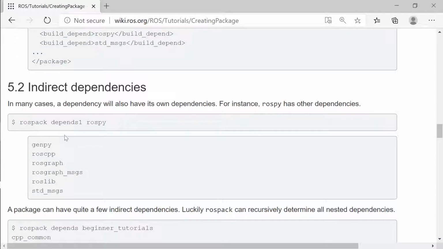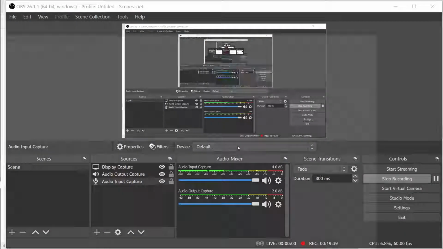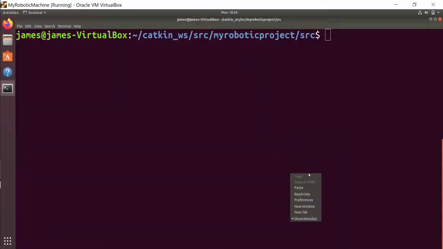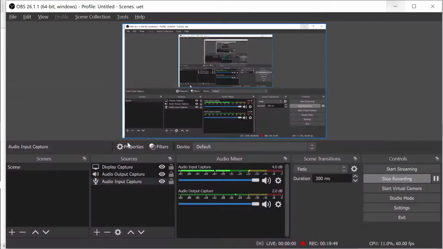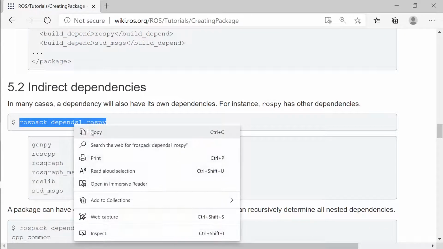Yeah, so when I created my package, I said I'm dependent on the rospy package, but rospy internally may also be dependent on some other packages. So how do we search that? We can say, tell me rospy. Sometimes my code is not compiling because a package is missing. So we have to make sure that if you have downloaded everything properly, then there will be no packages missing.